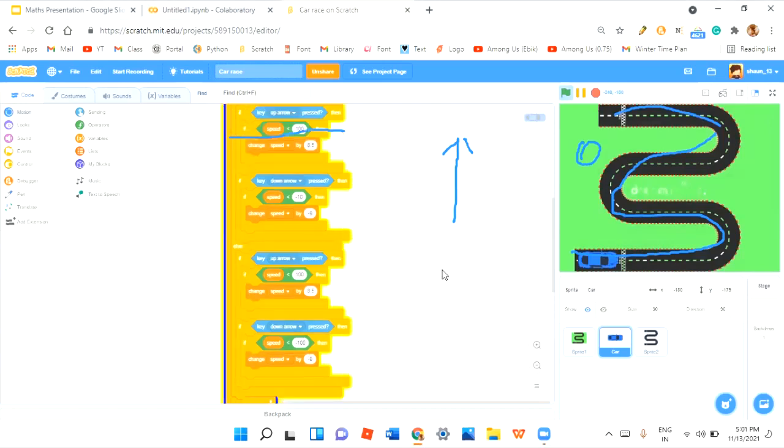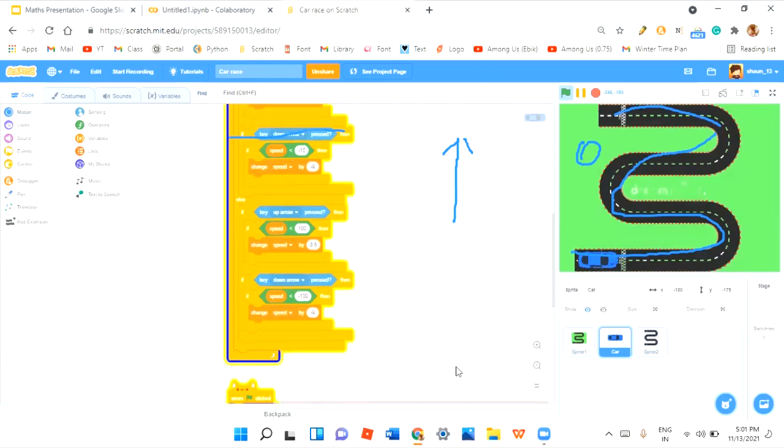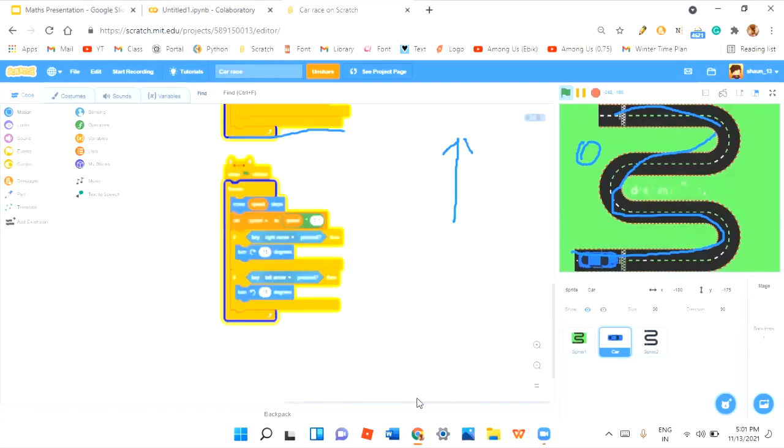I made the up arrow and the down arrow again also in the same way, and then I've also made when flag clicked, move to the variable speed, move speed, and set speed to speed multiplied by 0.1,